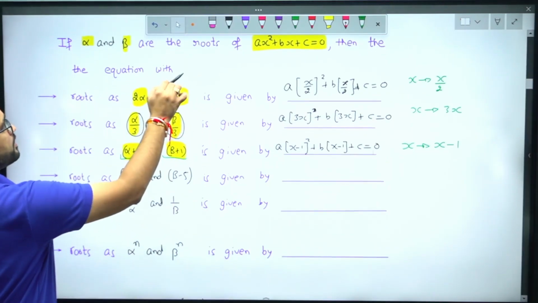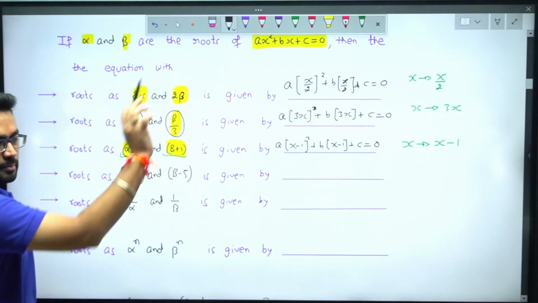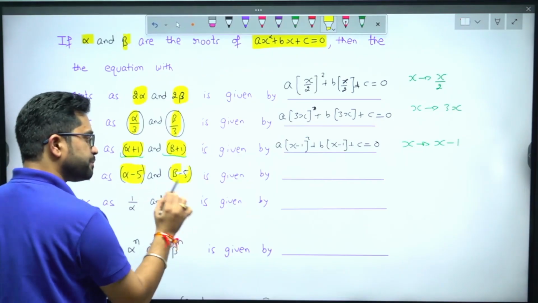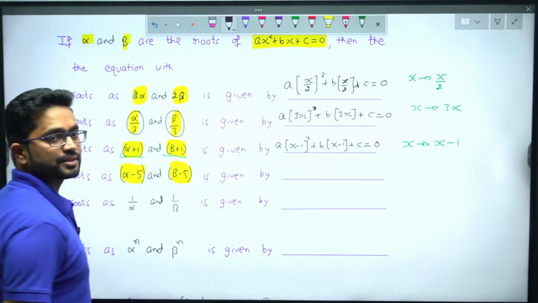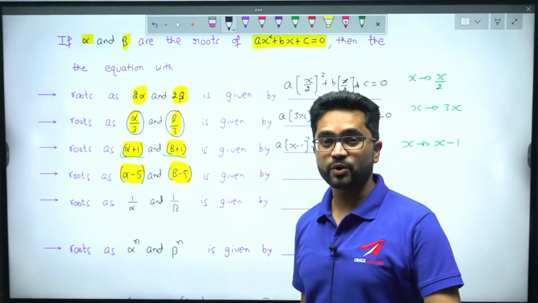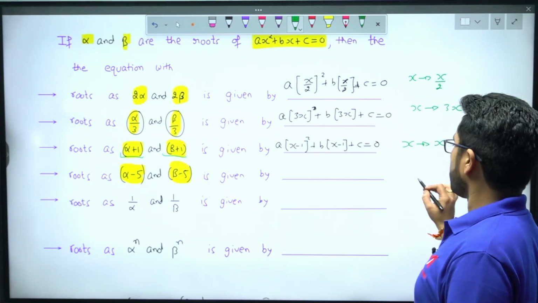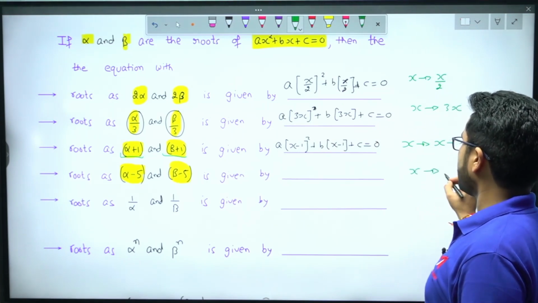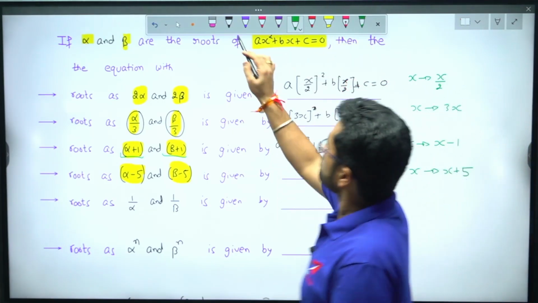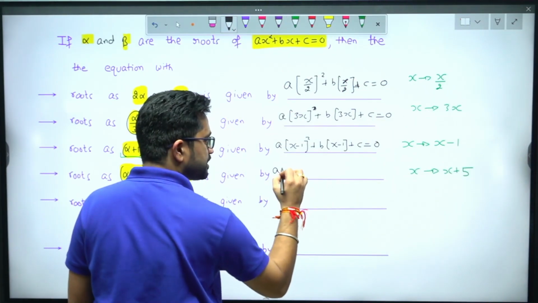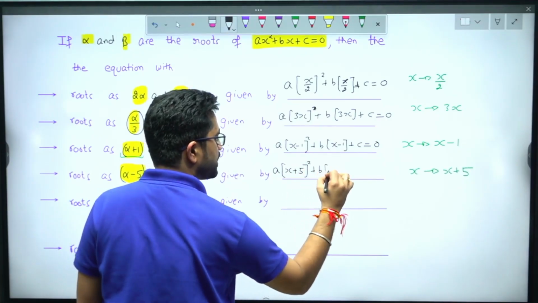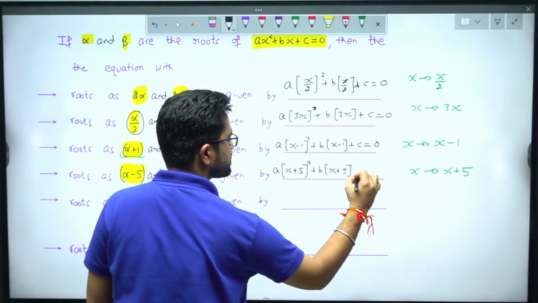Okay. Let's go further with the next one. If alpha and beta are roots of the main equation, then you need to form another equation whose roots are alpha minus 5 and beta minus 5. What would be that equation, guys? The change with the roots is that we are subtracting 5. So in this case, you will replace x with what? X plus 5 in the basic equation, the first equation. So you will get the desired equation as a times (x plus 5) whole square plus b times (x plus 5) plus c